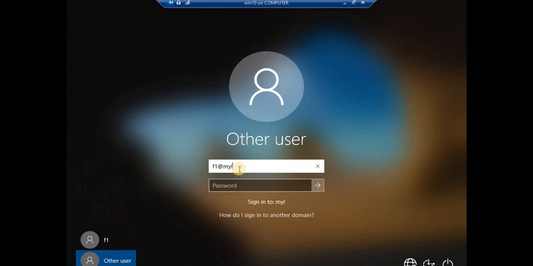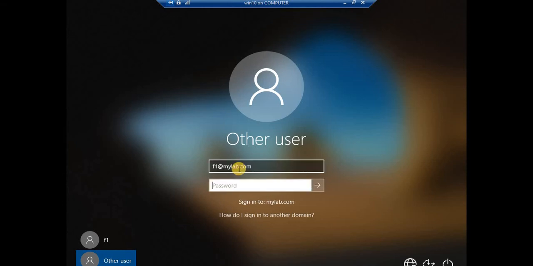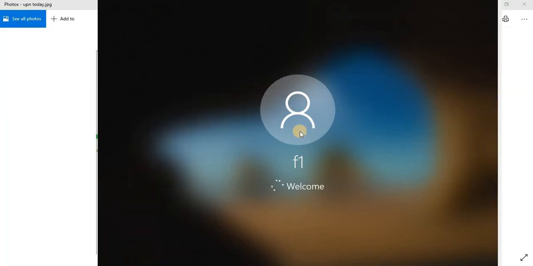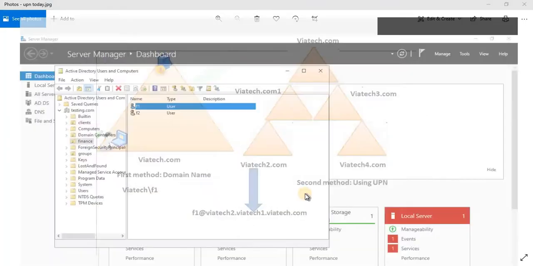mylab.com, and I'm going to provide the authentication and it's going to log in. There is no problem with this. Why? That UPN is already created and that user's name is being added with the mylab.com. That means whatever we created just now over here,